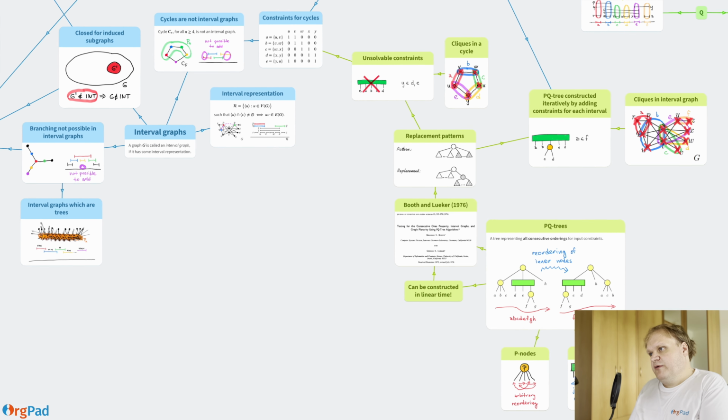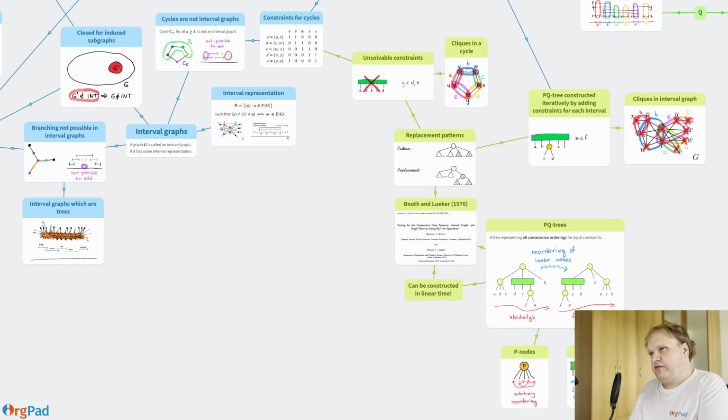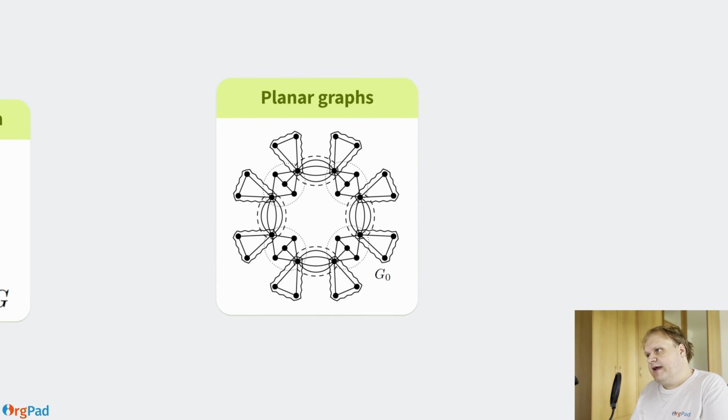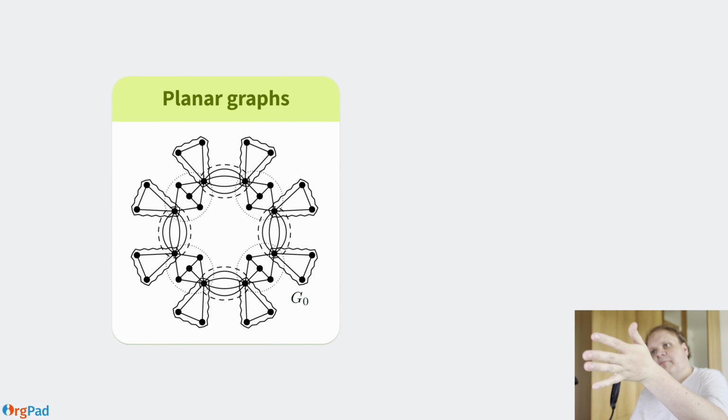So we have seen this beautiful data structure, PQ-trees, which describes all consecutive orderings for the given input, and it gives us all possible interval representations. And whenever one tries to attack some problem in interval graphs, it is always a good starting point to consider the PQ tree. By the way, interval graphs are not the only graphs which allow some decomposition like this one. For example, planar graphs, I have an example here, can be decomposed into something usually called in the literature an